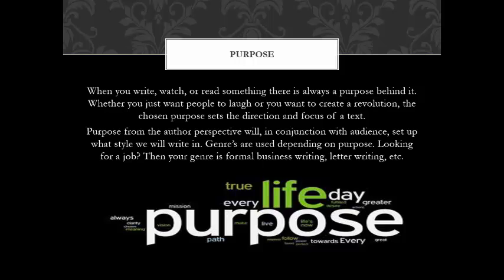Another way to think about purpose is, for the audience, what do you want your audience to do with your paper? After they've read it, after they've watched your video, what do you want them to take away from it? So anytime you're writing something, you're recording something, it's important to consider the purpose. What do you want the audience to do? What do you want to do to the audience? And to go along with that,